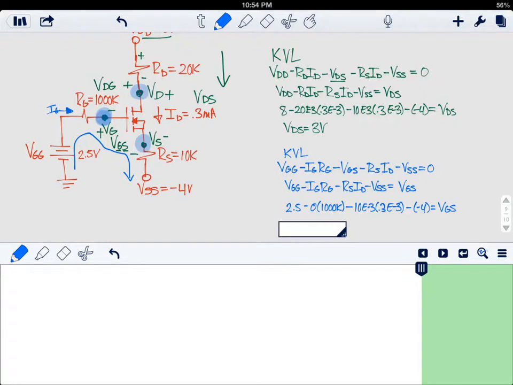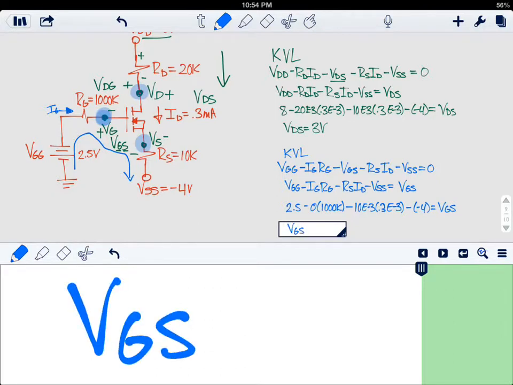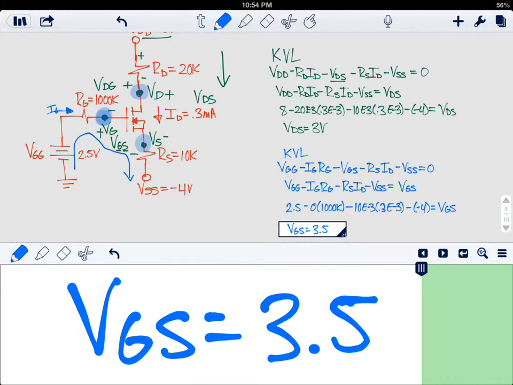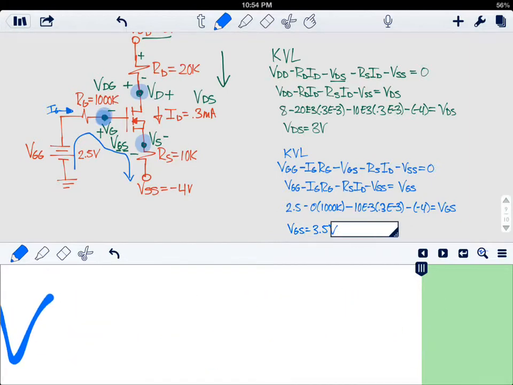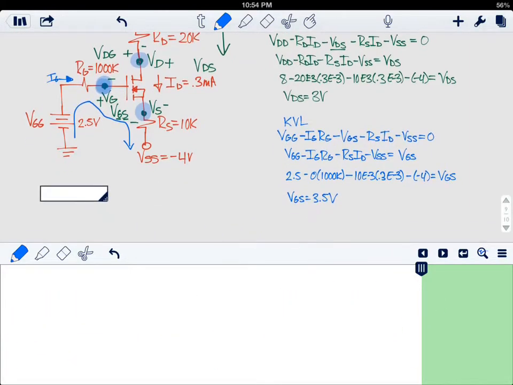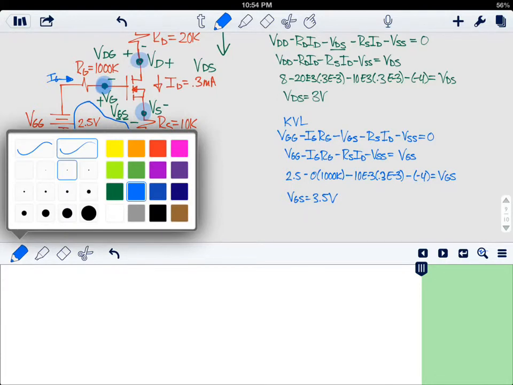So this is 2.5 minus 4. VGS is negative 1.5 volts. Okay, and last but not least,